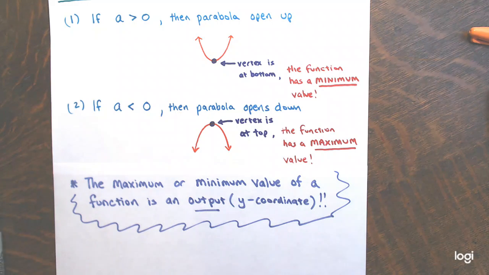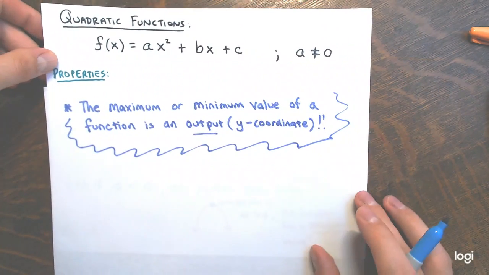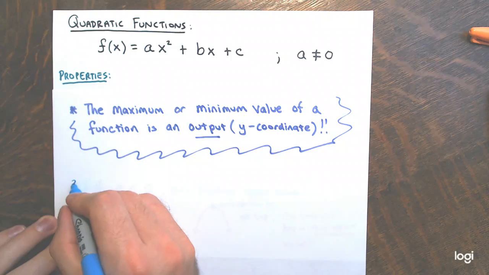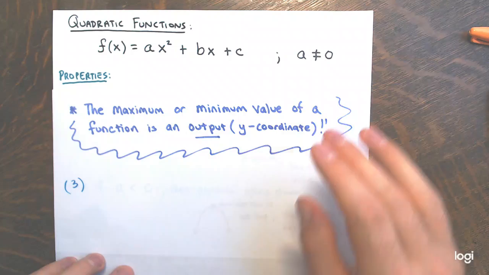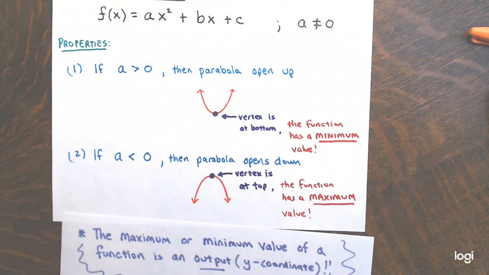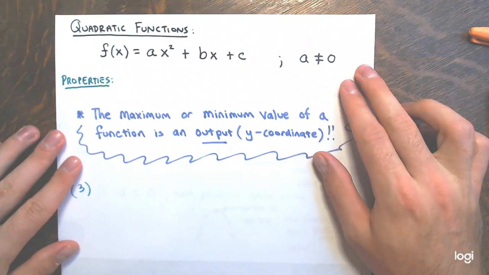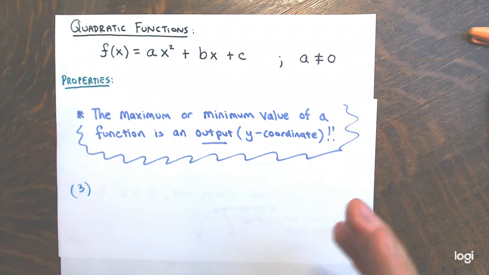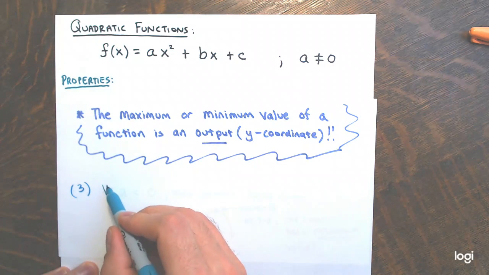Okay, now another property of the function f of x equals ax squared plus bx plus c was, I've mentioned the vertex, right? This lowest or highest point where the minimum or maximum value occurs. You can find the coordinates of the vertex very easily, and again we saw this in a previous video on graphing quadratic functions of this form, y equals ax squared plus bx plus c. The vertex